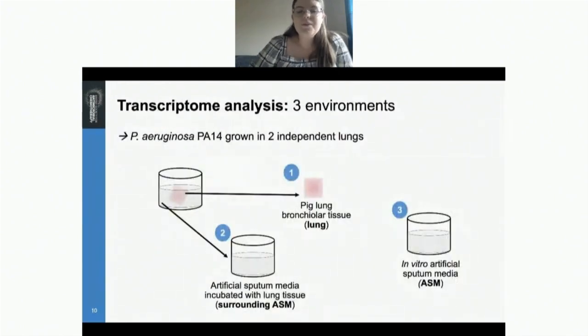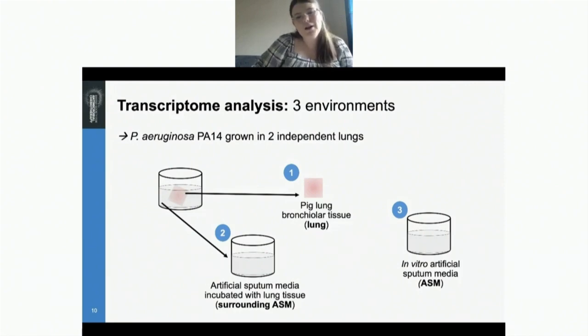So moving on from this, we then performed RNA sequencing to investigate the transcriptome of Pseudomonas aeruginosa grown in 2 independent pig lungs to compare to human infection, to see whether we were able to bridge some of those gaps seen in the current lung lab models. So we grew the Pseudomonas for 48 hours, 7 days, and 24 hours as an earlier time point to determine the RNA expression. We first looked at the pig lung environment, which was the lung tissue I initially mentioned,